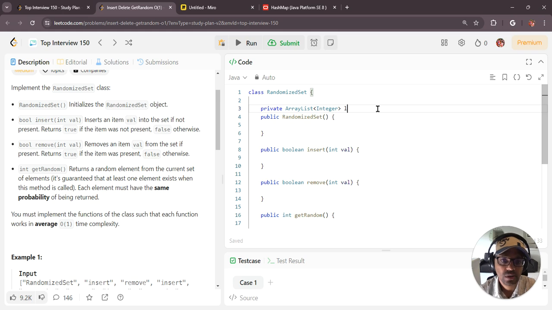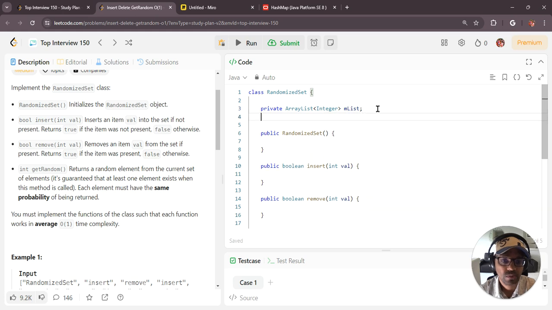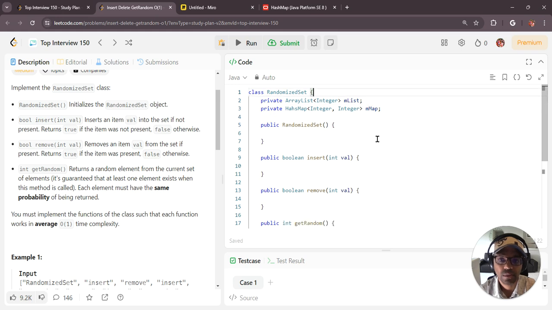There you go. And let's just call this the list. This is our list and the other one is the map. I generally prefix my members with small m. You can use any convention that you generally follow. And then the map, or hash map rather, sorry, hash map. The hash based implementation is important for O of 1, right? So hash map, and this is our m map. Okay. So those are the two things that are the private